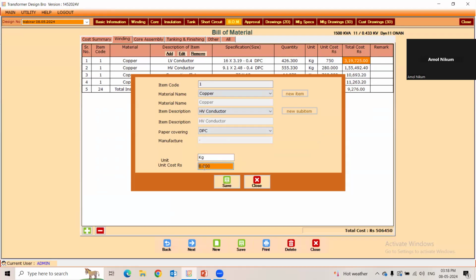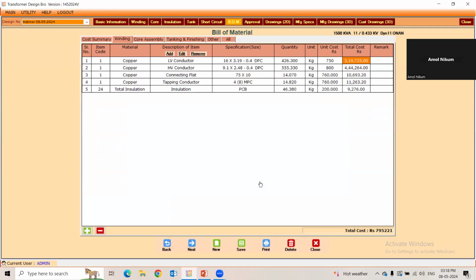Suppose here 800. Let's save this. So the prices are reflected here, the same for all materials. Here you can see the materials: copper for LV conductor, HV conductor, connecting flat, tapping conductor, and insulated related details